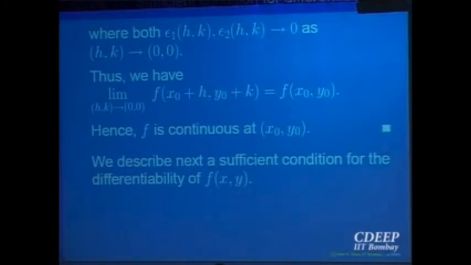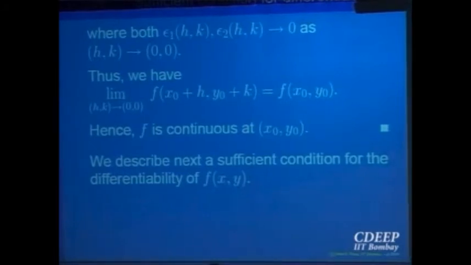But still, one would like to know, saying that a function is differentiable, of course a necessary first condition is that fx and fy both should exist, partial derivatives should exist at that point, right? And then something else should happen. We should be able to approximate linearly and so on. But can we give a slightly simpler or some other version which involves only partial derivatives and no error is coming into picture? That means we want a criterion which is slightly more easy to verify, maybe a bit stronger than the definition, but slightly easier to verify for functions of two variables.